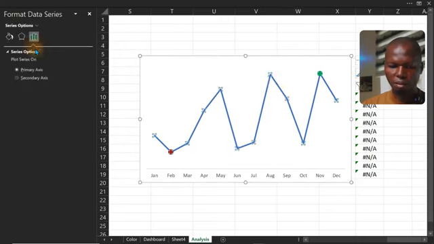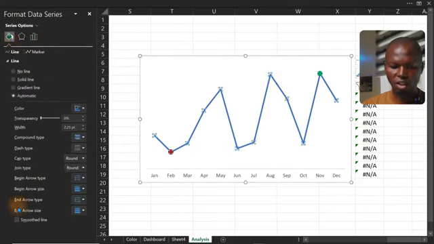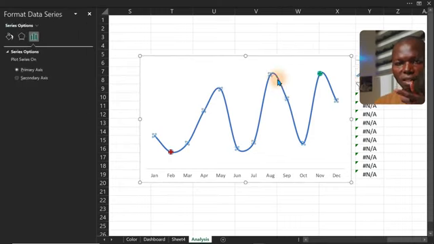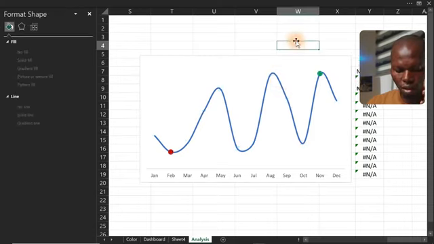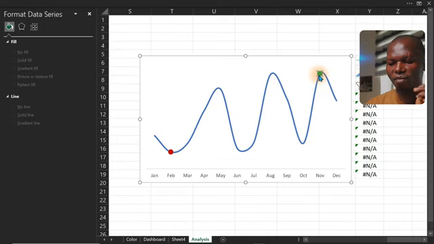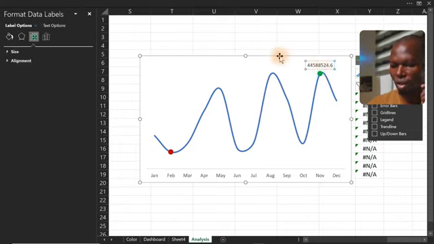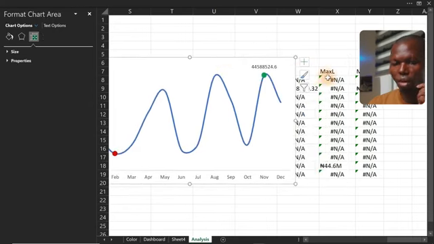So click on the line chart itself, go over here, and select the smooth line. That makes it look beautiful for you. Okay, next again is for you to go over here and add, let us add this thing, what do I call it? Data label, for only where we have max and min. So we come over here, we click on data label. So once you click on data label, click on this particular one again. So this time around, we're going to bring in this max L and min L. So while you click on this one here,